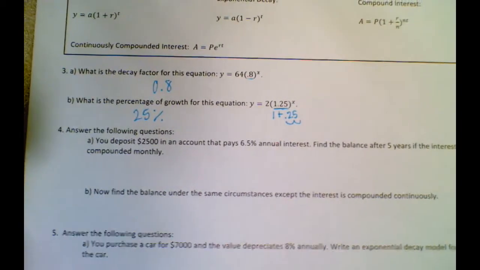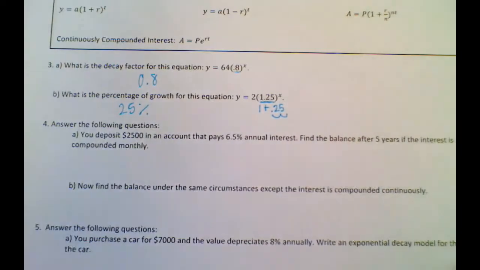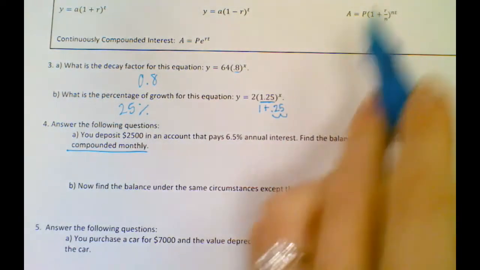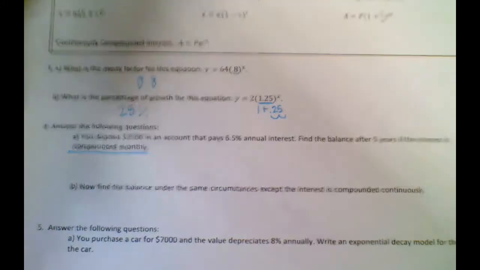All right, answer the following questions. You deposit $2,500 in an account that pays 6.5% annual interest. Find the balance after 5 years if the interest is compounded monthly. So those are your key words right here, compounded monthly. That means you are going to use this compound interest